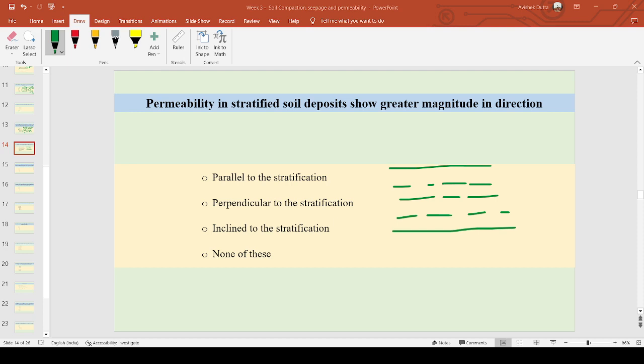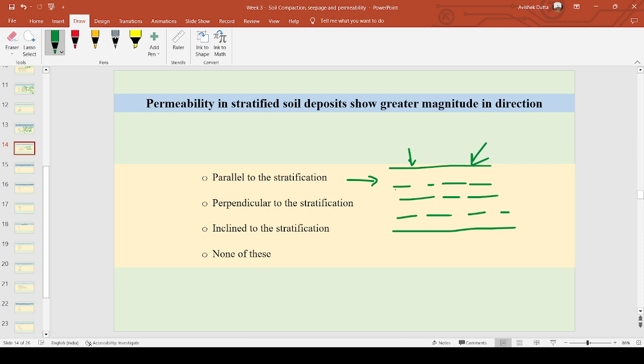Is this the answer to this question or the previous question? Slide number 14. Yes, C. No, not C. See, when water has to travel like this, it will have more resistance, or traveling like this will have more resistance. Obviously, traveling like this or traveling like this will have more resistance. Okay,